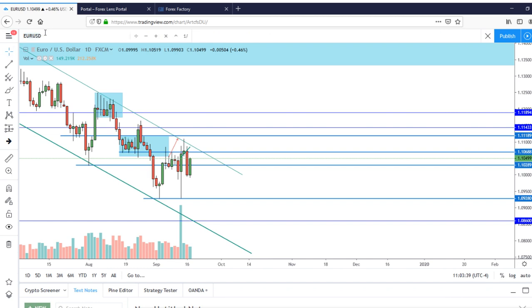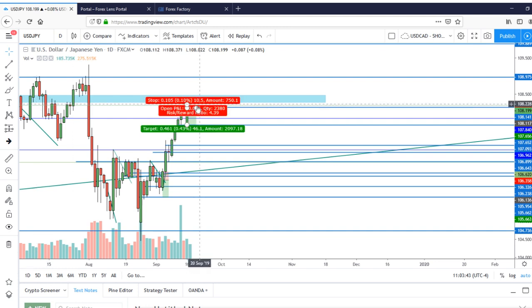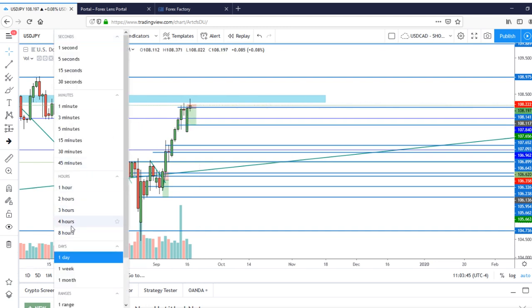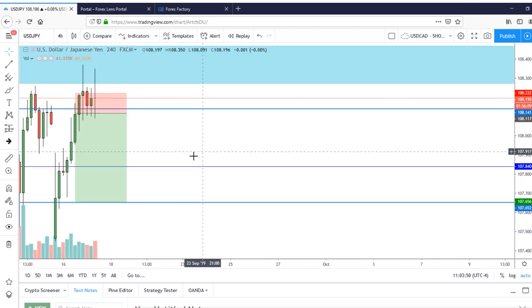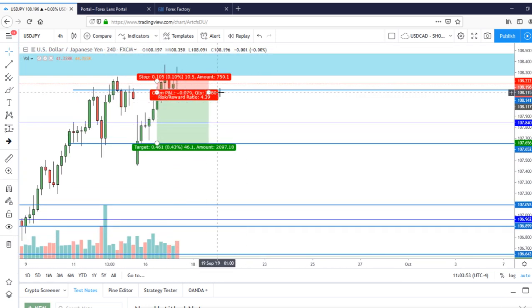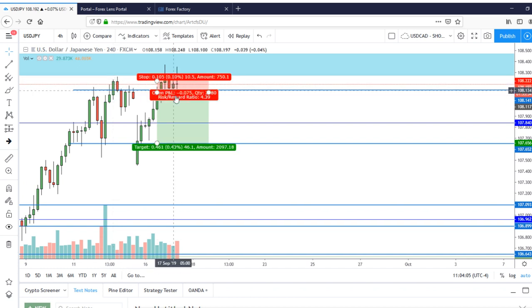Nothing too enticing. USDJPY. Yesterday we spoke about the possible shorts at this level, at the top of the support range, and what we needed was a close below 108.140. So what we did was pop up. We made some deep pushes into our resistance region. If we look to the left, we've had that before. Now what we want to confirm our shorts is a close below